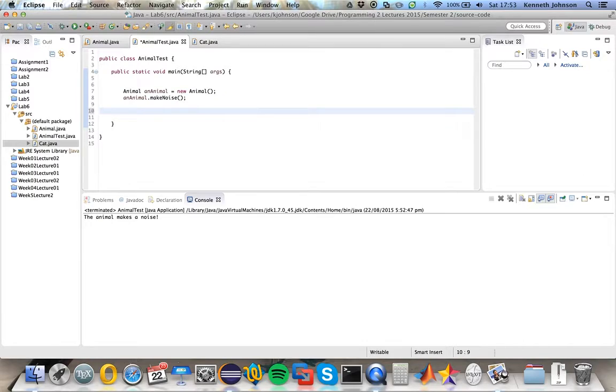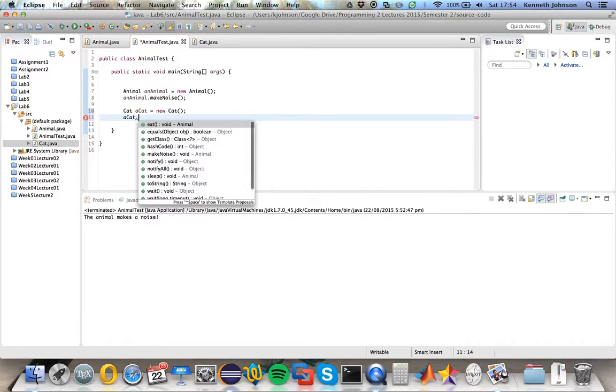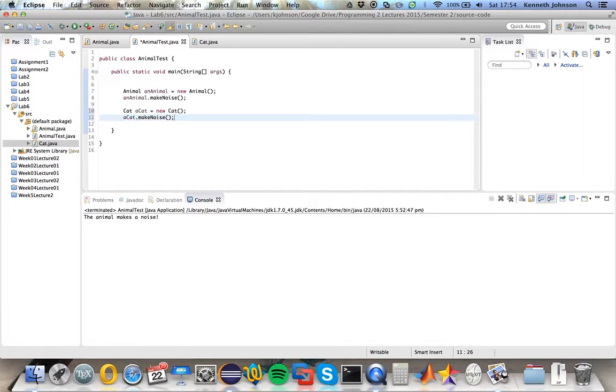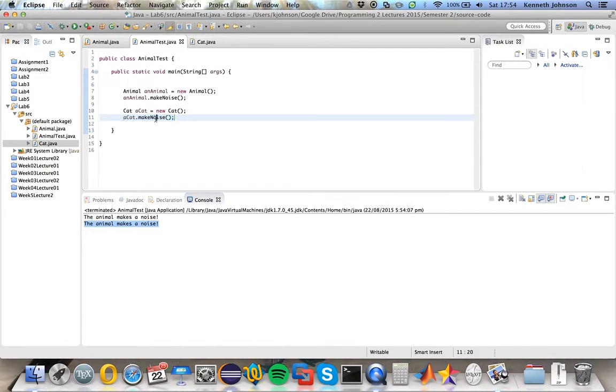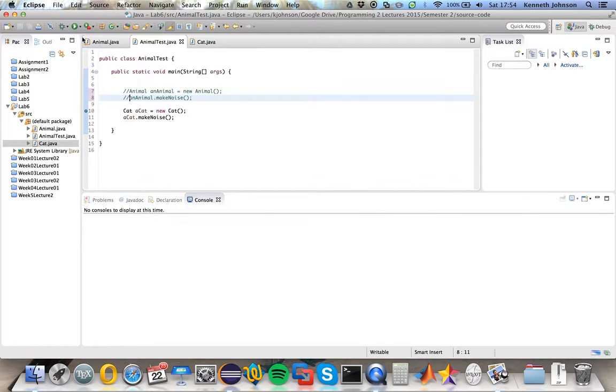So what I can do is say that a cat is equal to new Cat, and I can ask a cat dot makeNoise. So if I run that, we get as output the animal makes a noise, because that's what the cat is outputting. If I step through it, I can even comment this out. If I step through it,